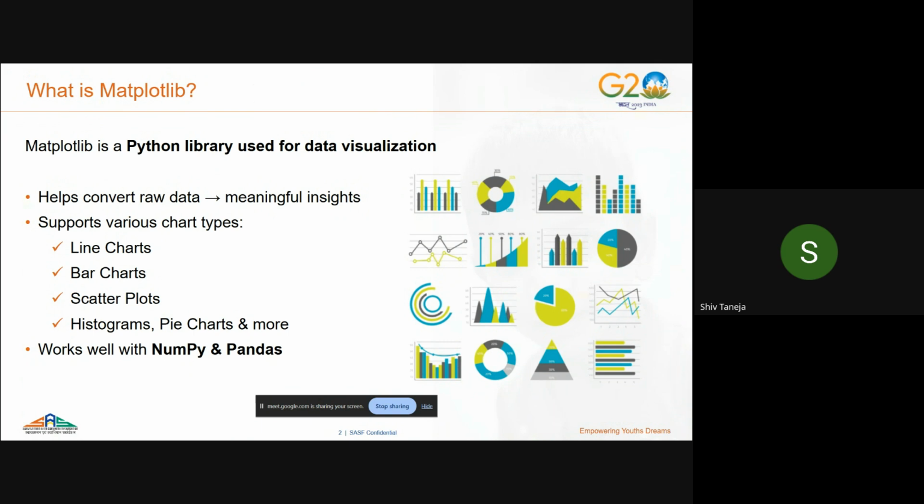Okay. So the specialty of Matplotlib is that it's easy as well as it works well with NumPy and Pandas. So if you try to get some data cleaned or create some kind of insights using the pandas library, you can also represent that final data as a visualization using matplotlib. Okay,